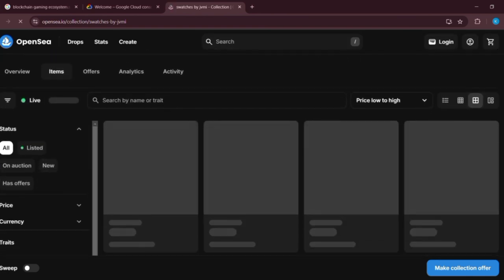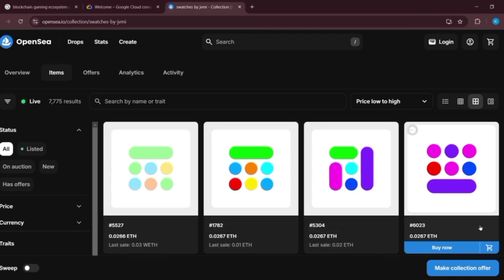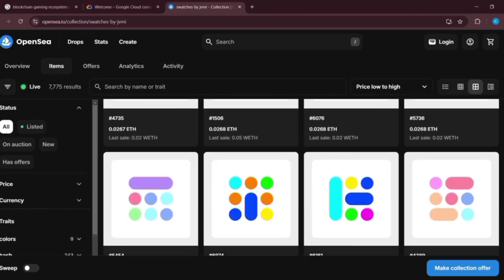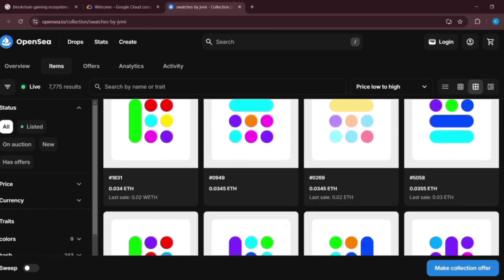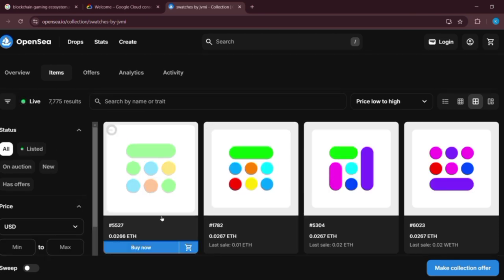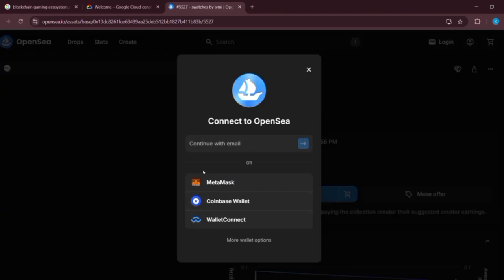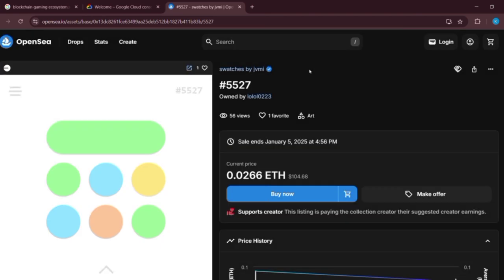So now I have selected the swatches from the varieties of options available. Here are many drawings related to the search, which are for sale, and we can directly interact with each other to buy or sell here. So here I click on this particular drawing. OpenSea also allows for the integration of wallets such as MetaMask for transactions, or even we can continue with our email IDs.